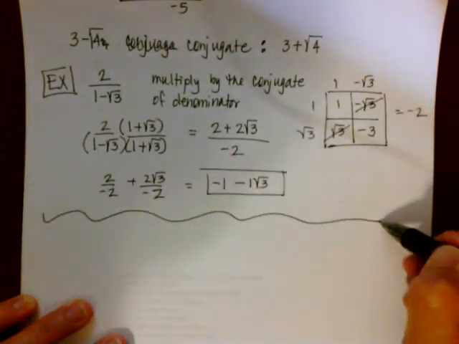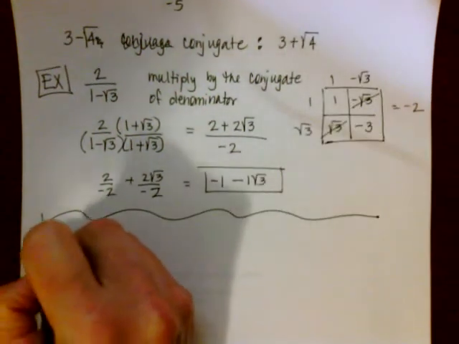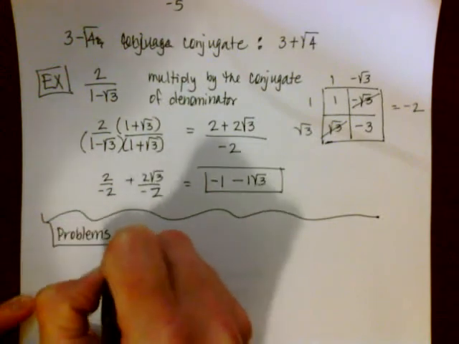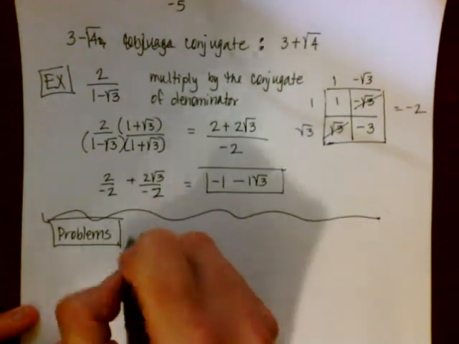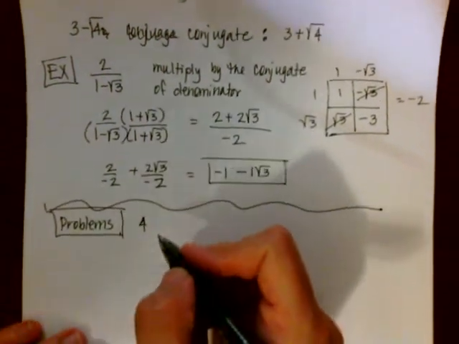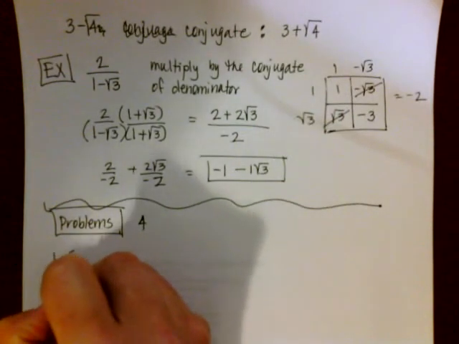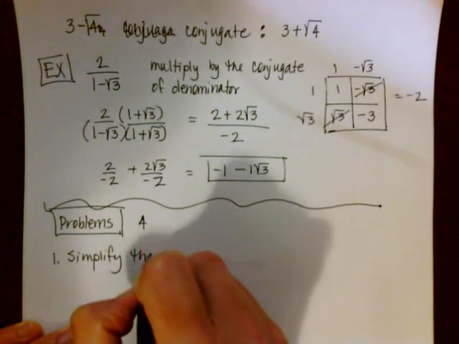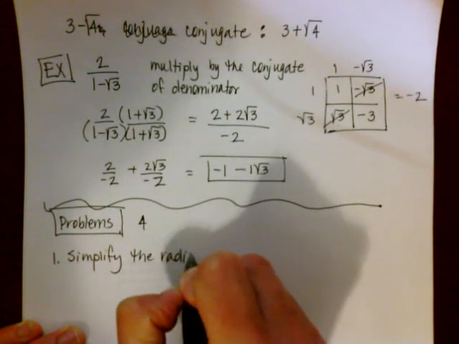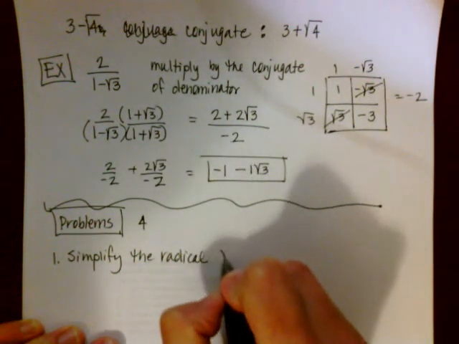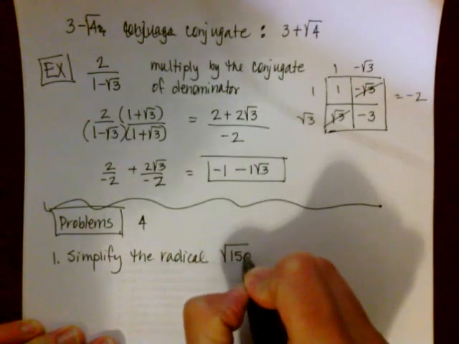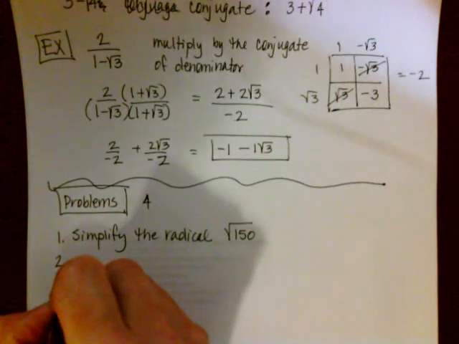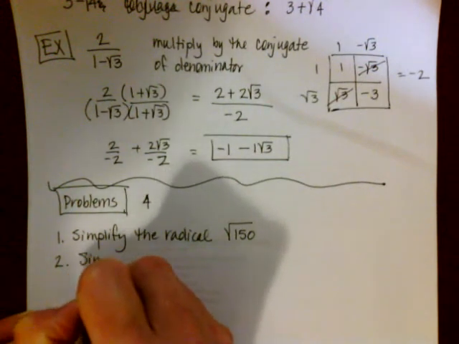Alright, so this is near the end of your video. So now here are your problems. Okay, so you have 4 today. Number 1 says to simplify the radical, and you're going to have the square root of 150. That's your first problem. The second says simplify,